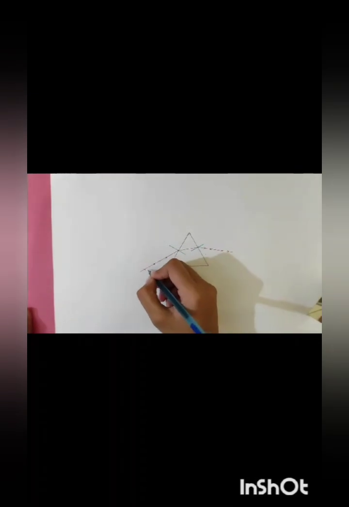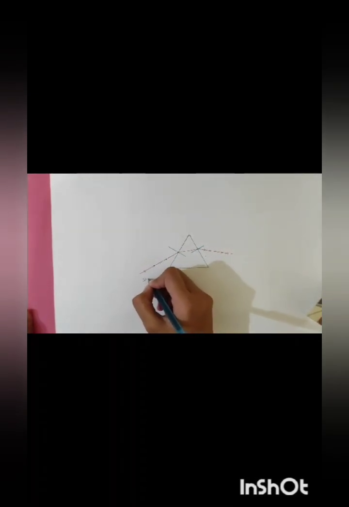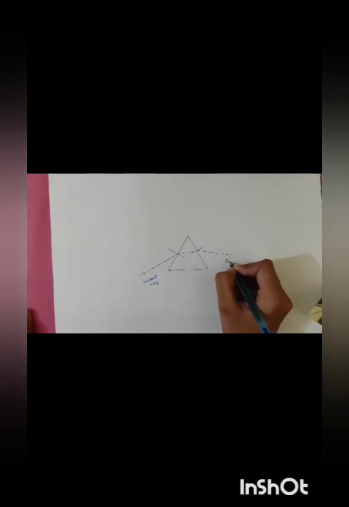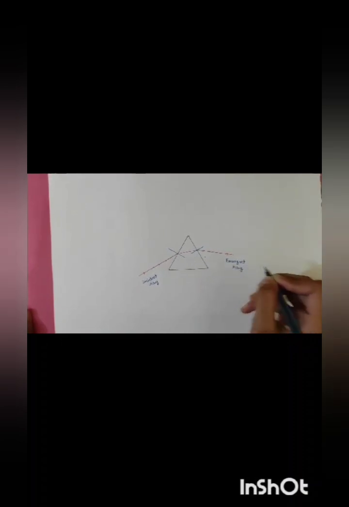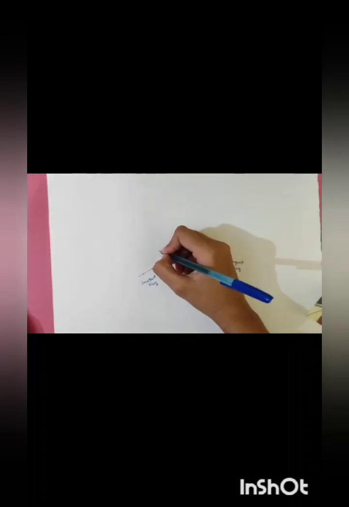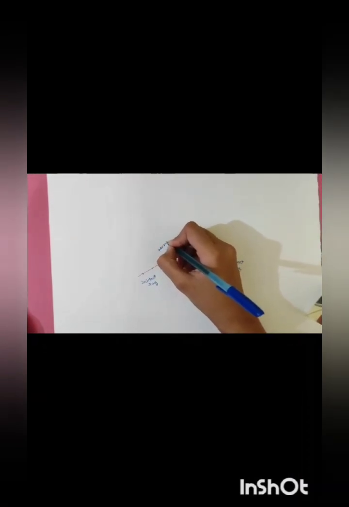So first of all, this is going to be our incident ray, and this is going to be our emergent ray. As we all know that the normal is always of 90 degree, so here we have this blue line as our normal,